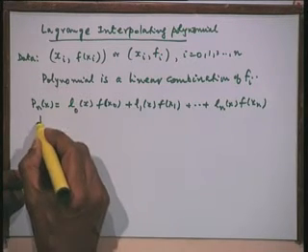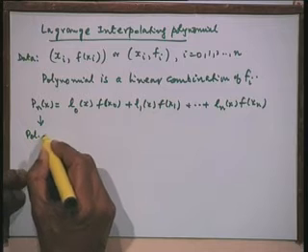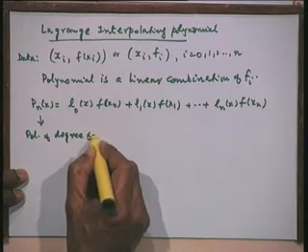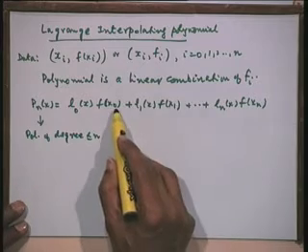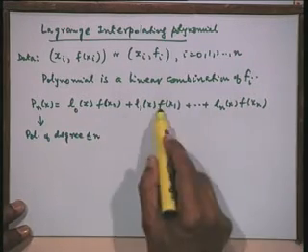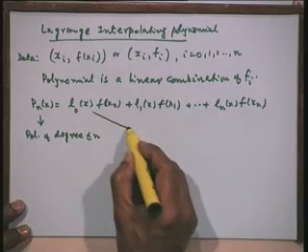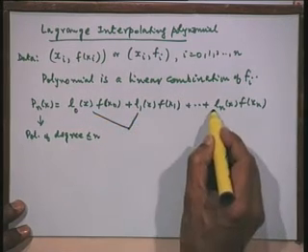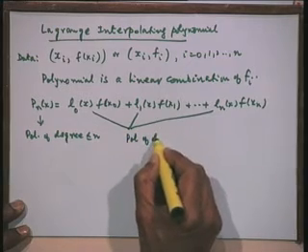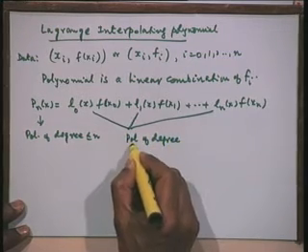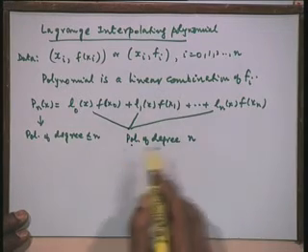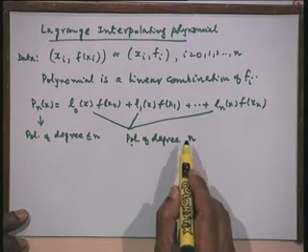Now, as I said, this is a polynomial. What we want here is a polynomial of degree less than or equal to n. f(x_0), f(x_1), f(x_n) are all numbers. Since these are all numbers, the only possibility is that L_0(x), L_1(x), L_n(x) must also be polynomials of degree n. Now, the less than or equal to n we shall not put here, it is n.